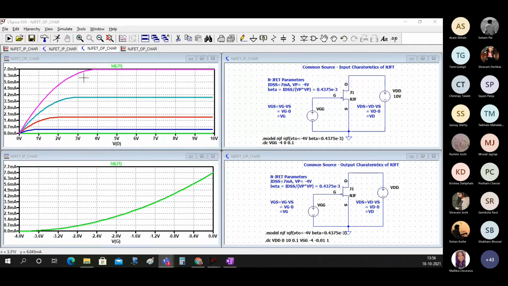So now if you actually print this thing, you will be able to see things very nicely.